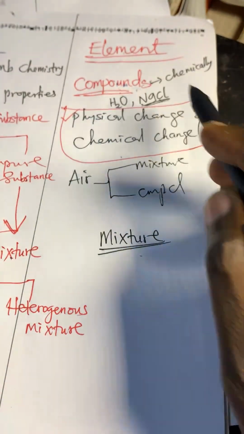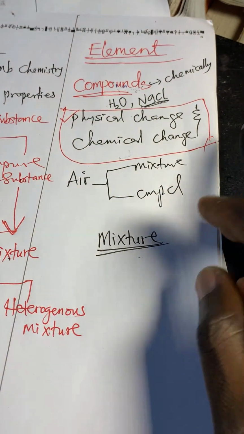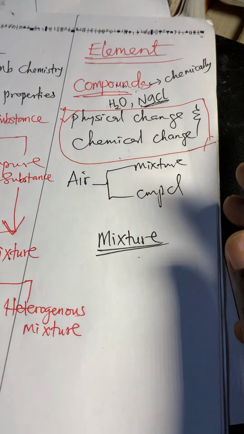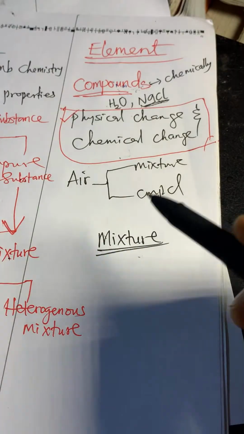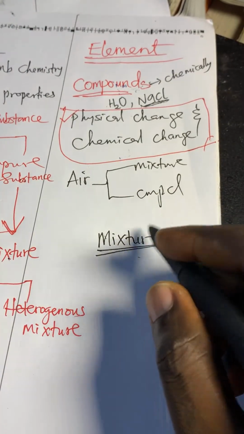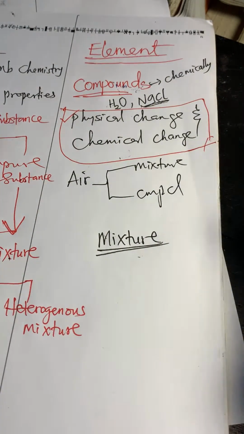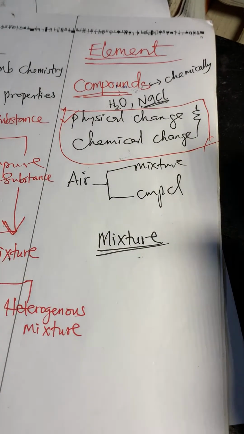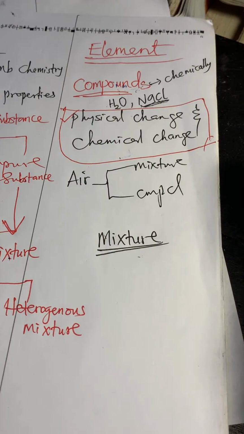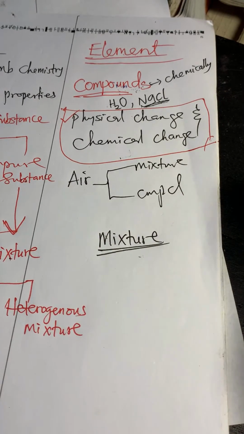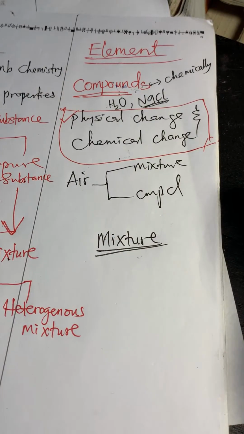Unlike a compound, I've shown you a question on this. These things are important. Constituents of a mixture still what? Retain their individual properties, unlike that of what? Compound. And I hope you are paying attention and taking down some notes, please, because this is really necessary. It's important. I wouldn't like you to waste your sleepless night and waste your data at the same time, and you are not benefiting anything.